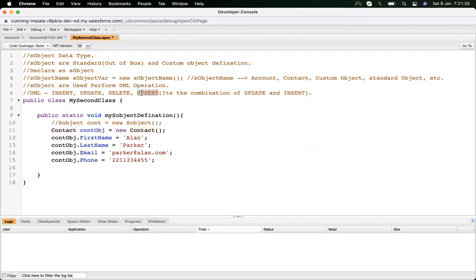And Suraj, in order to call them, for example, first name, like cont object dot first name, in order to call any method like this, we have to create a field in Salesforce, right? Or can we directly create a method and call it here? No. These are not methods, these are the fields from Salesforce. Okay, they are just fields.